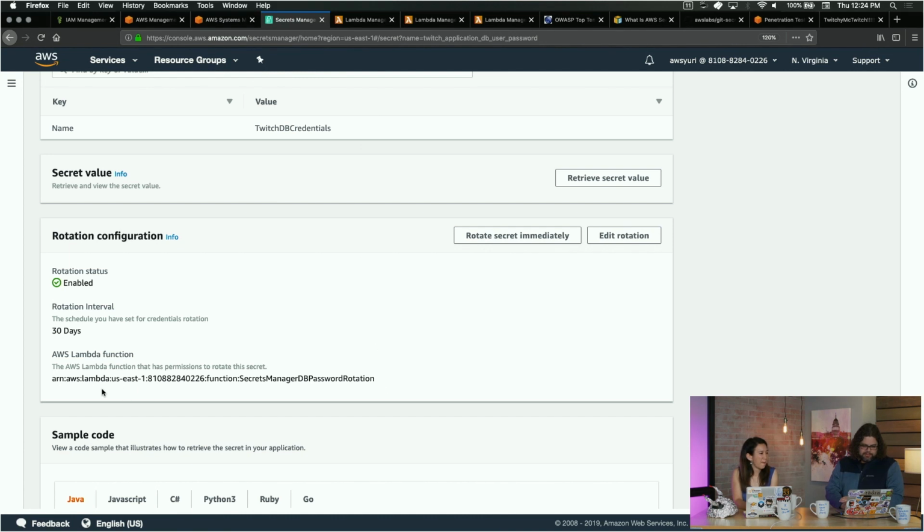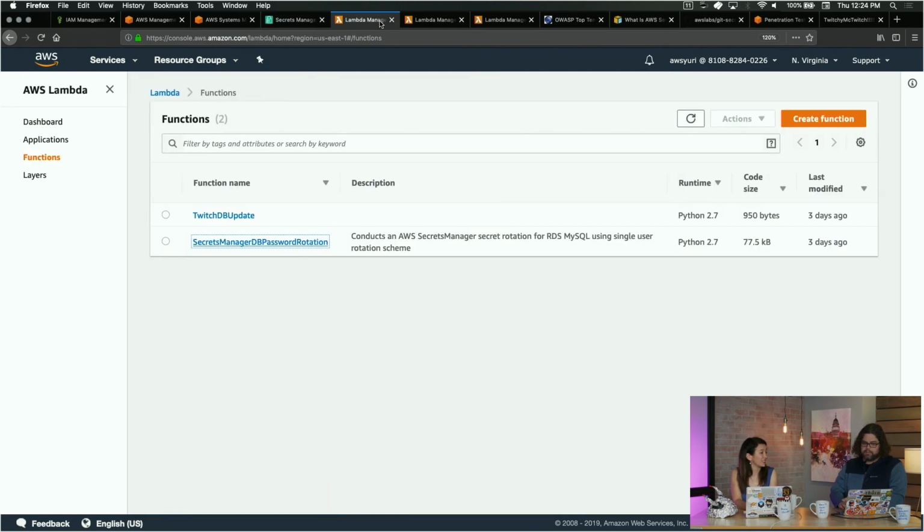So you see here, this Lambda function hits this secrets manager DB password rotation. And if you're saying to yourself, man, I don't know Lambda, I've never used it, I have no idea how to do it, fortunately, in the serverless application repository, which is a part of Lambda, there is a framework for